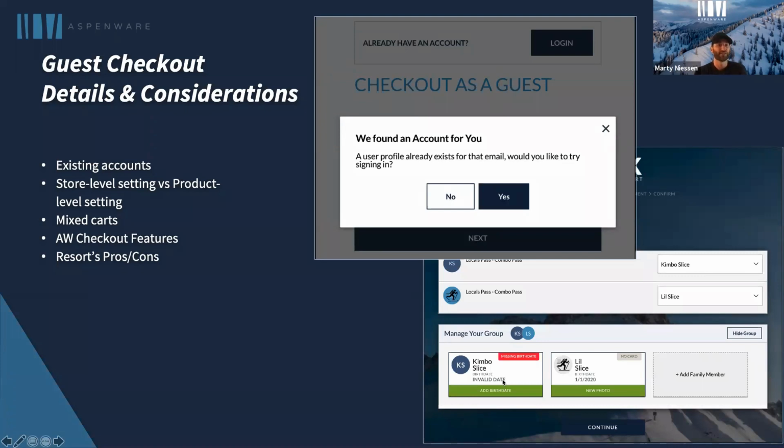So lastly, just think about the pros and cons and which products it makes sense to enable for. Your pros are going to be improved speed, more conversions, more sales. Your cons are going to be things like duplicate customers in RTP. But this is mitigated by the "we found your account" prompt, and also by a customer type in RTP being flagged as a guest checkout customer. So that should help you manage with merges in